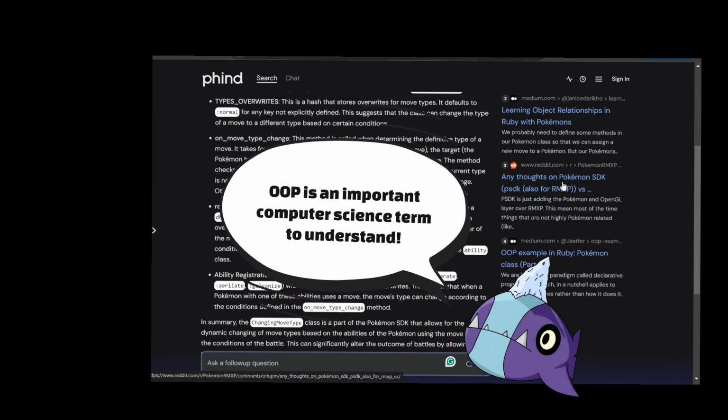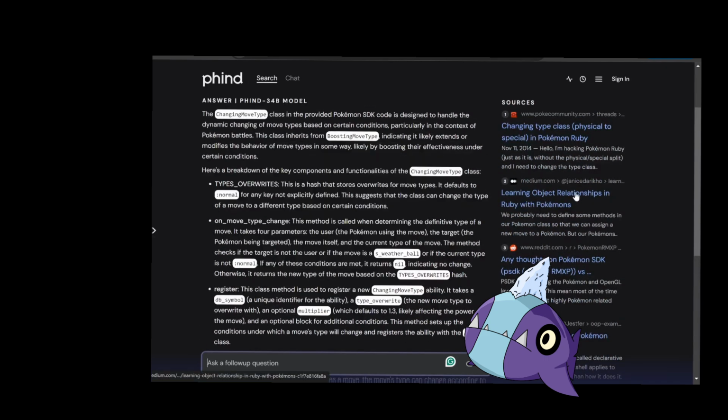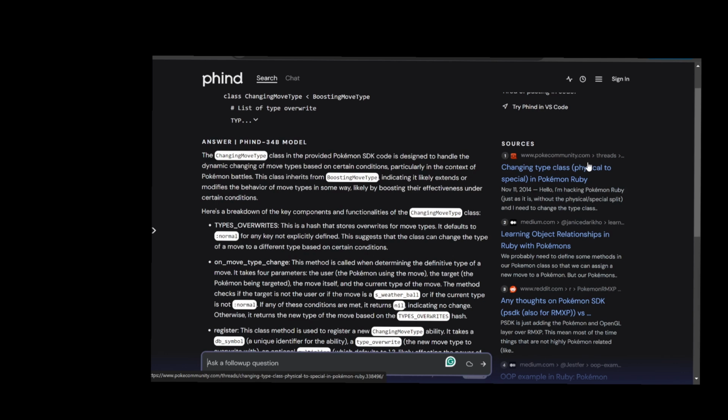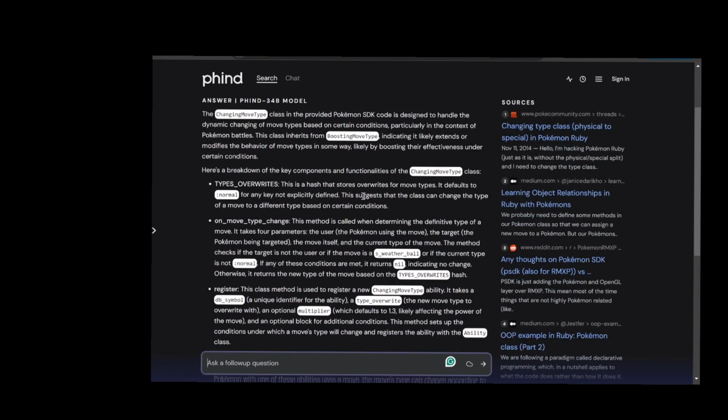It gives you, somebody was asking about the Pokemon SDK on Reddit, learning object relationships with Ruby with Pokemon. And then there's a Pokemon community post here too. And you can feed it more code too. It's going to remember a lot of the stuff that you give it, and then it'll explain all these things